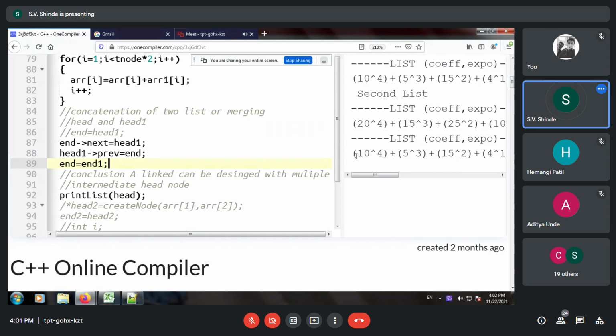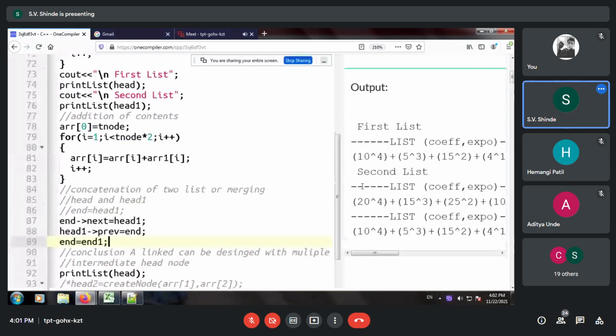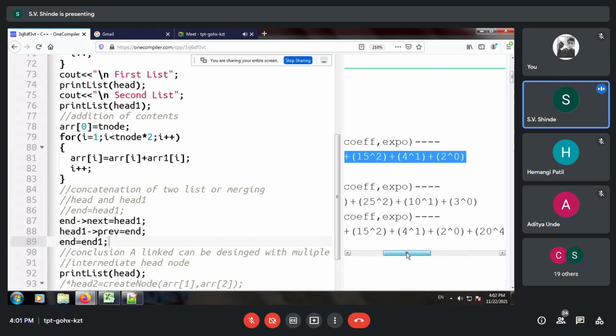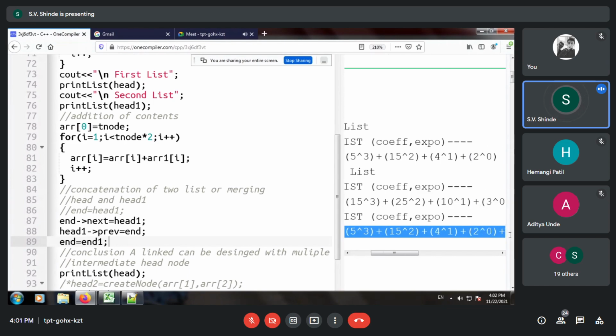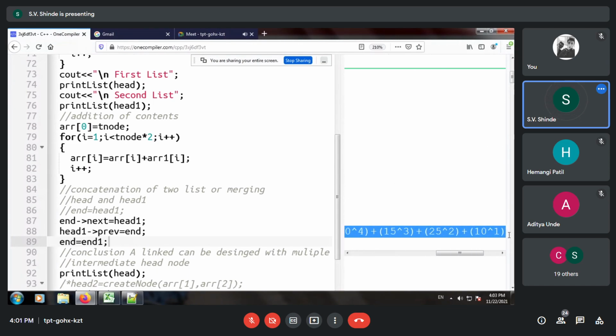So the first list is as it is itself. You can see it is ending with 2 raised to 0. The second list is starting from 20 raised to 4 and ending with 3 raised to 0. And this is the merged one, which is starting with 10 raised to 4 and ending with 3 raised to 0.